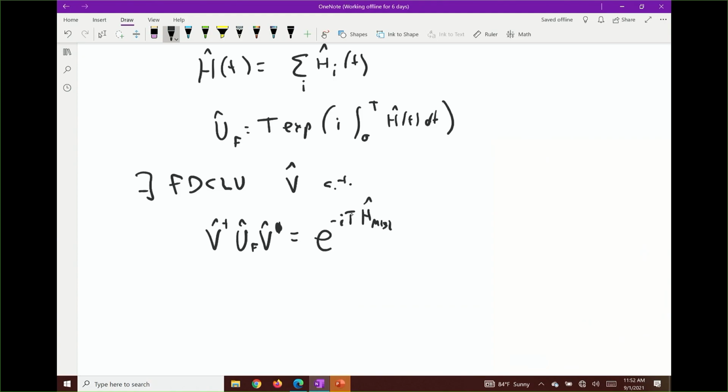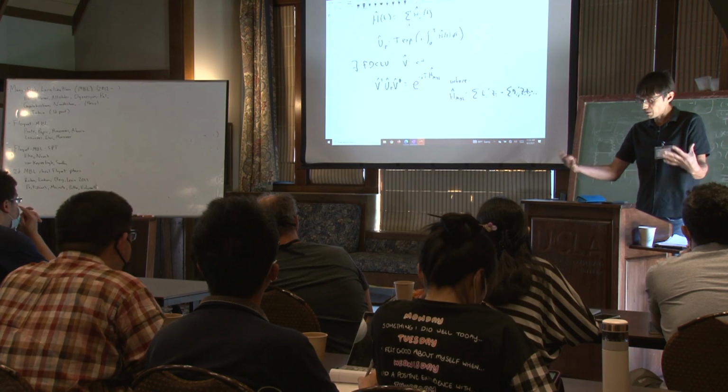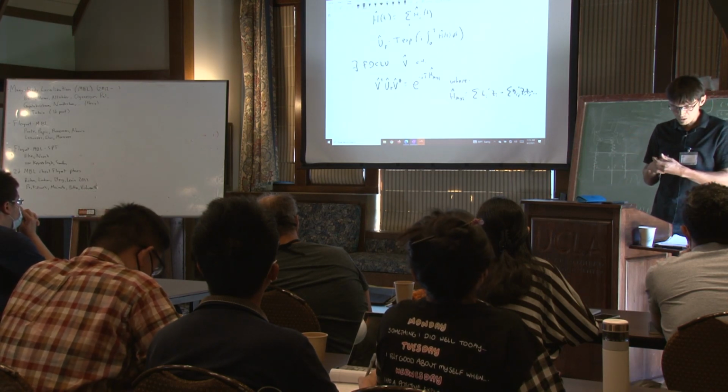Remember, H_MBL is of this form that basically has, let's say in this case, Pauli z's as conserved quantities. So a sum of h_i' z_i plus J_ij' z_i z_j plus all the other local terms that you can build out of z's. The important thing is that it just has z conserved quantities. So this thing looks kind of boring. The eigenstates of H_MBL are really boring. They don't have anything topological. So how am I going to extract a quantized invariant?